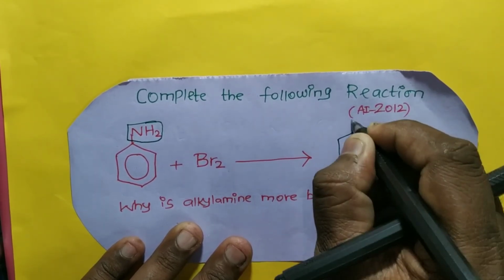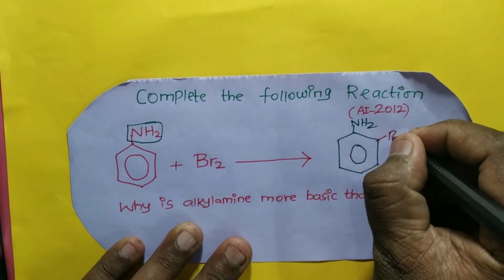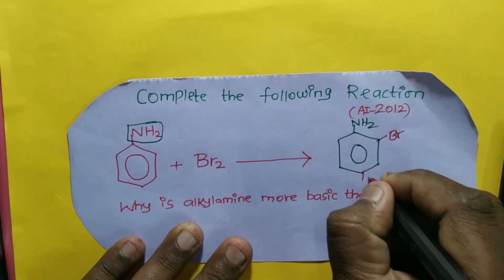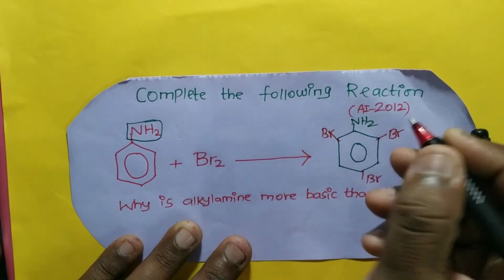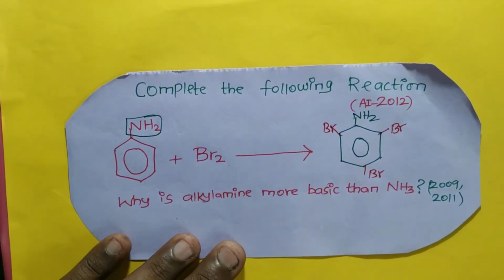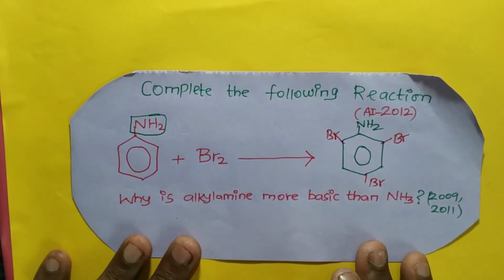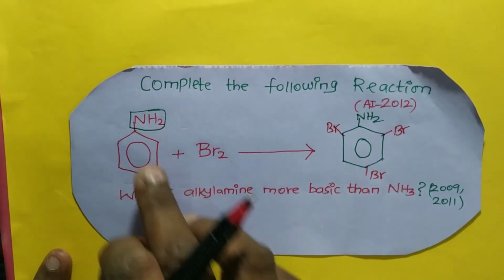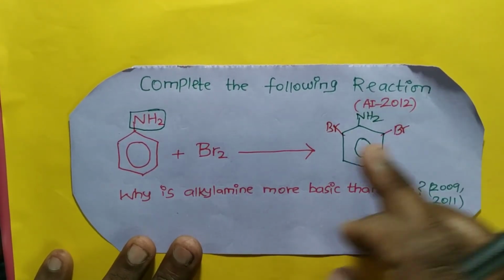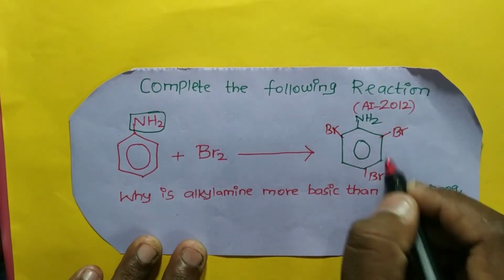NH2 is there, and all the positions, the ortho position, para position as well as the other ortho position, are occupied by bromine. There is no need for bromine water because this is a highly electron activating group. That is why it can activate all the positions, ortho and para. So I will be getting 2,4,6